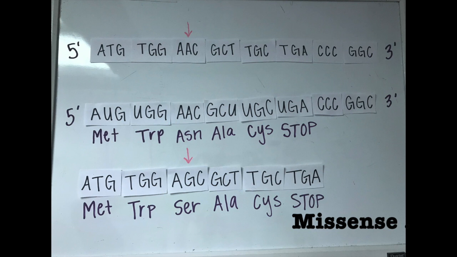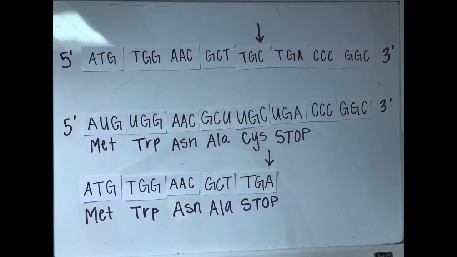This type of mutation takes place when the nitrogenous base is replaced with another nitrogenous base that allows for the new codon to code for a completely different amino acid. We can see that whenever we substitute the A highlighted for a G, the new codon becomes AGC, which codes for serine. This is also an example of a transition mutation because the purine adenine is substituted by the purine